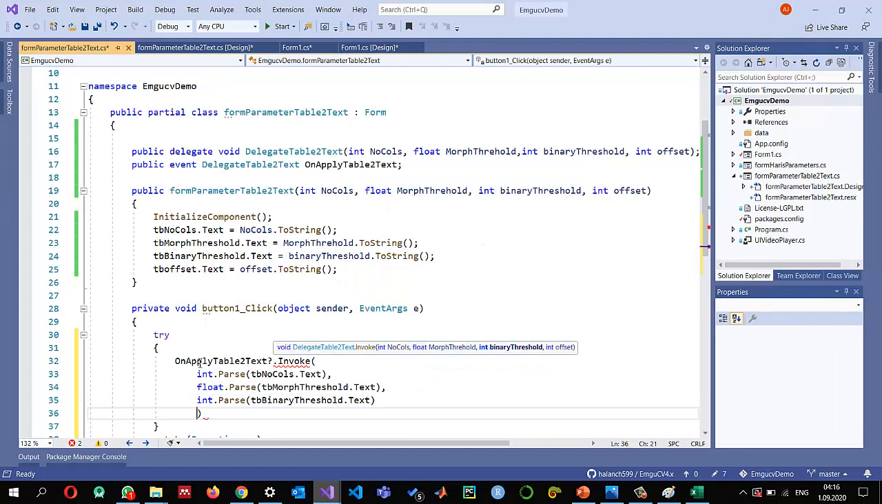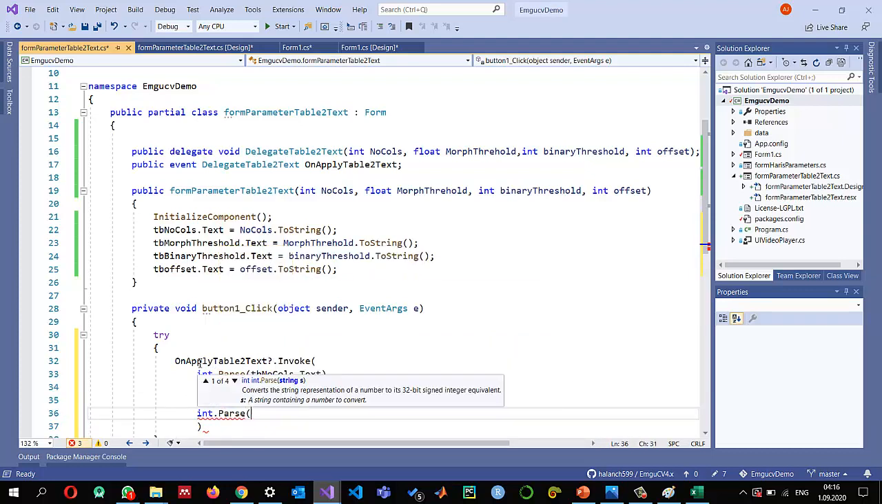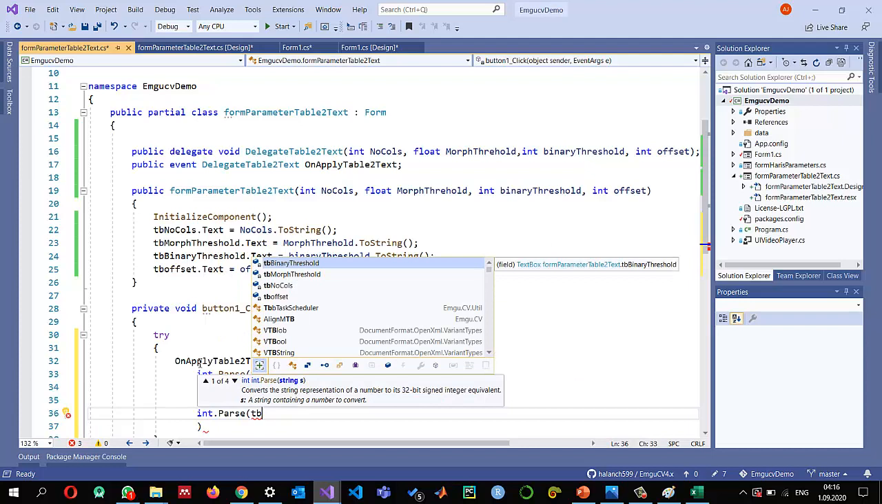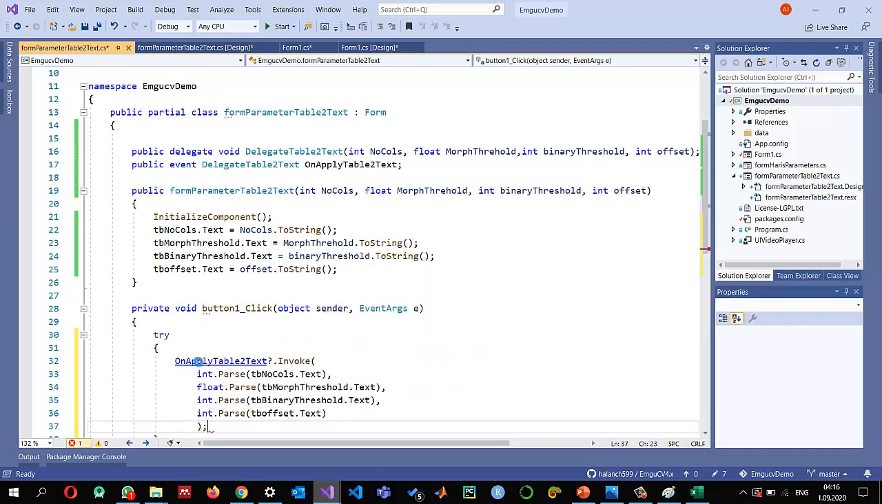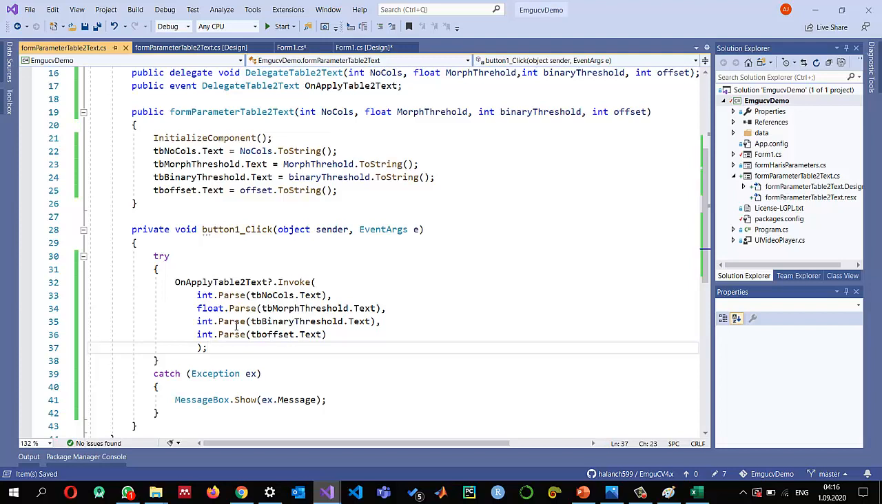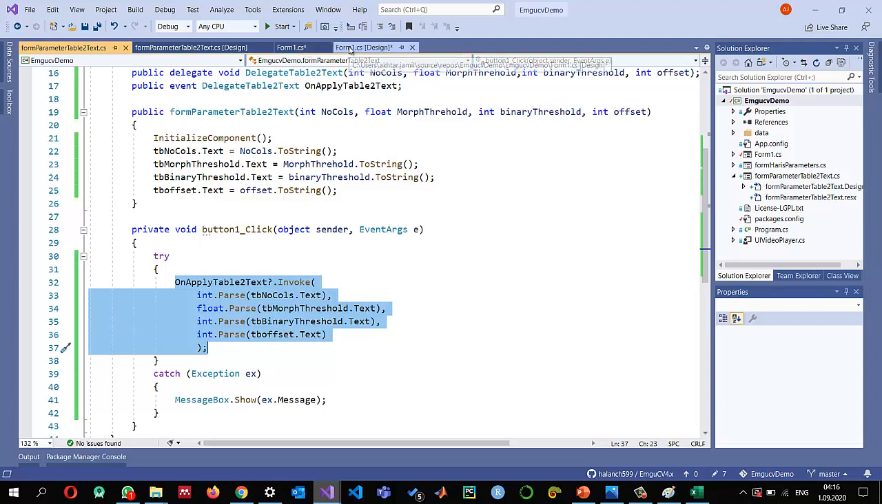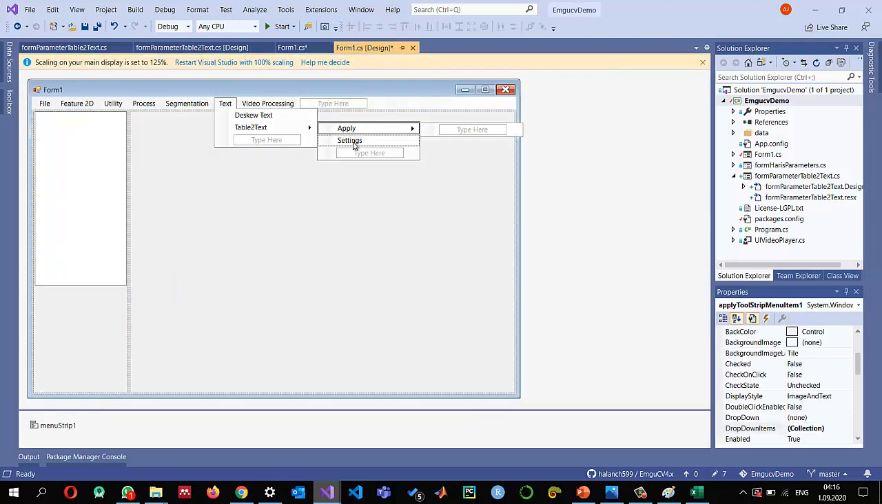and the last parameter, I need to write a comma, and the last parameter is also integer dot parse, and this time we are reading from text box offset dot text. Okay, so we can change those parameter values from here, and then once we click it, it will update our main form event. So I need to go to the settings,